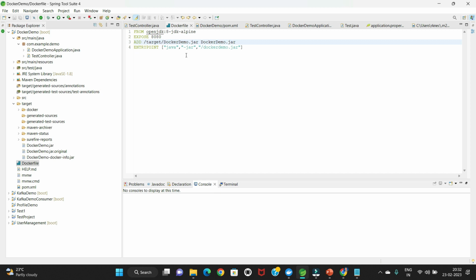Okay, so suppose we added this Docker file for this project, and now if I create one more Spring Boot application, I need to create one more Docker file, and I need to change this name, target demo, this target demo here, this Docker demo, and this Docker demo. I need to change 3 names. Okay, why? Because in this project